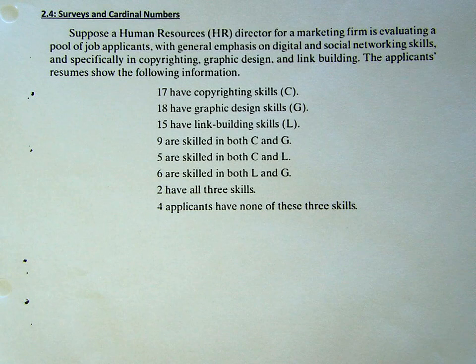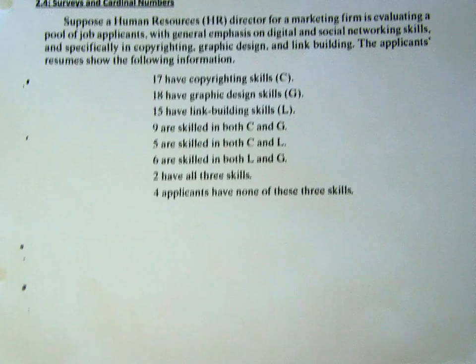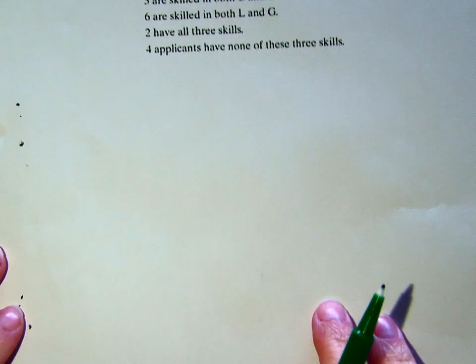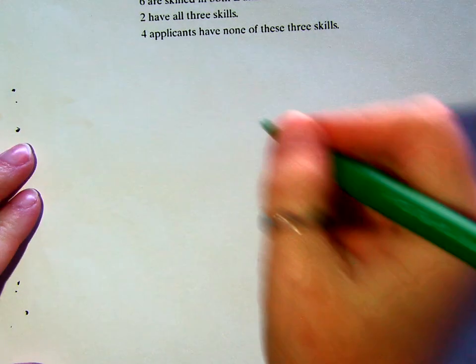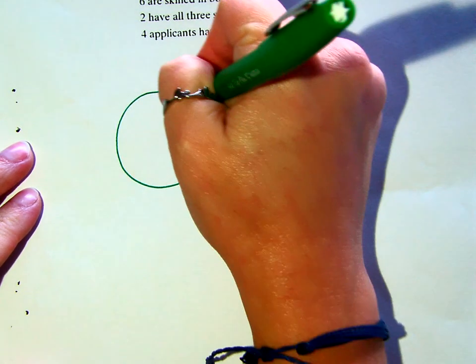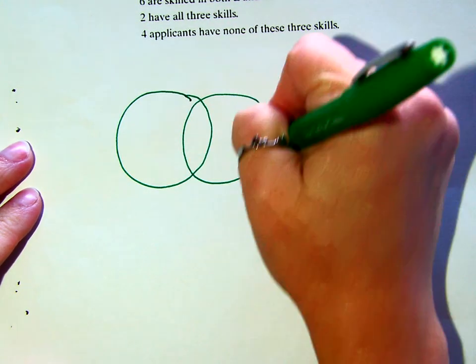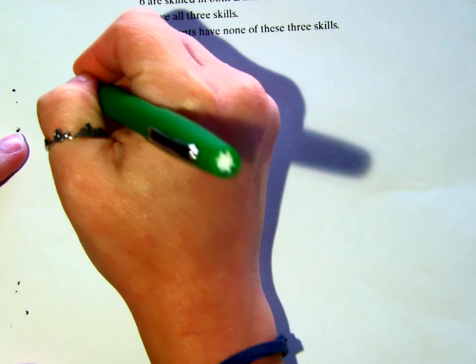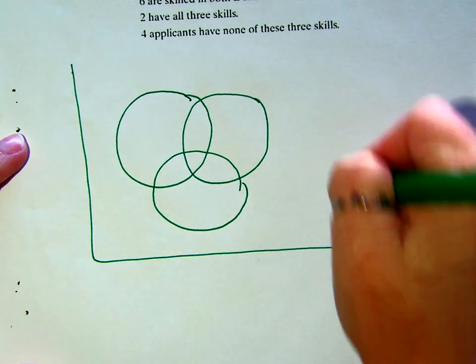So the way your problems will be presented is you'll have all of that information. And then on Pearson, since you have a copy of this, I'm scrolling up pretty quick because you have it in front of you. On Pearson, what you will be shown is a Venn diagram already set up that looks a lot like this,